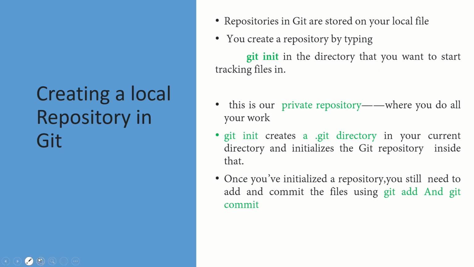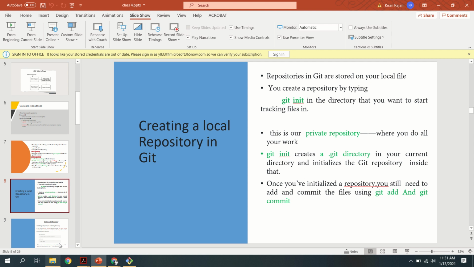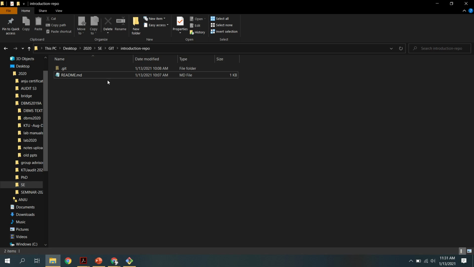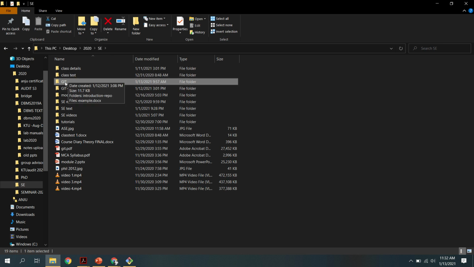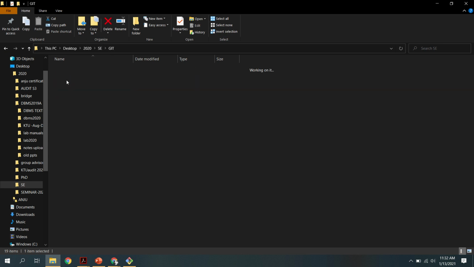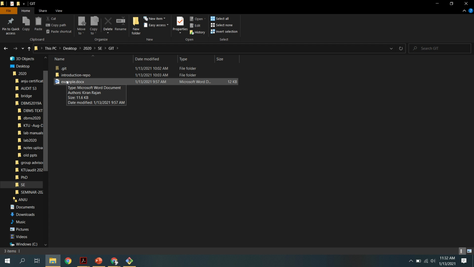Suppose this is my folder, the git folder, and this is set as my working directory, and inside that directory I want to create a local repository.